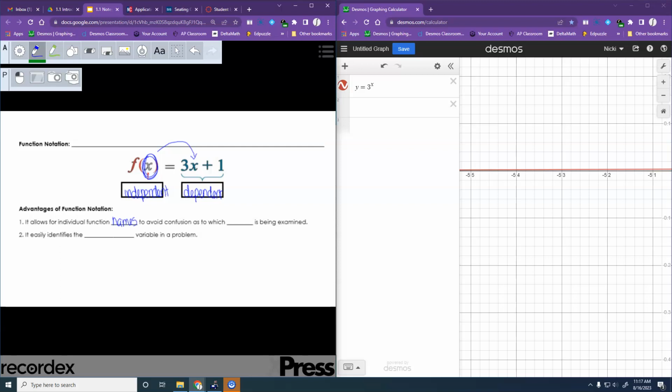To avoid confusion as to which function is being examined, it easily identifies the independent variable in a problem. Okay, so we didn't get through all of that, but we